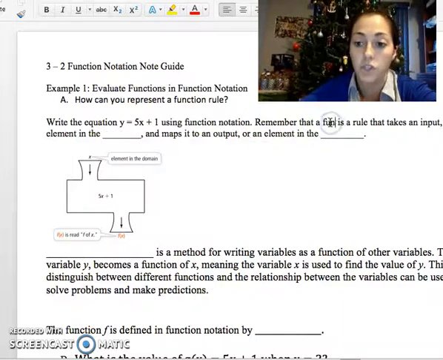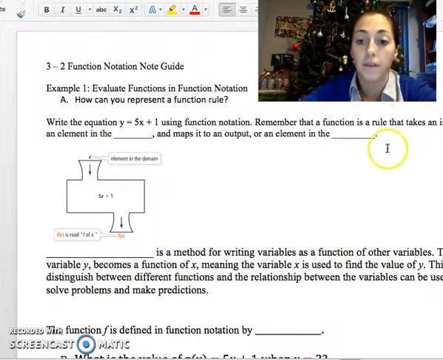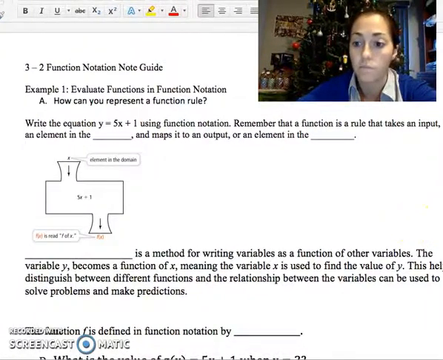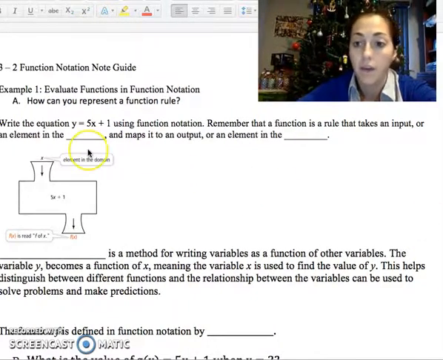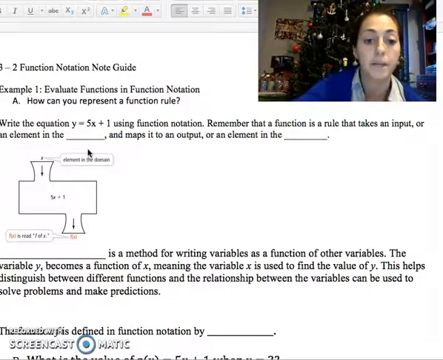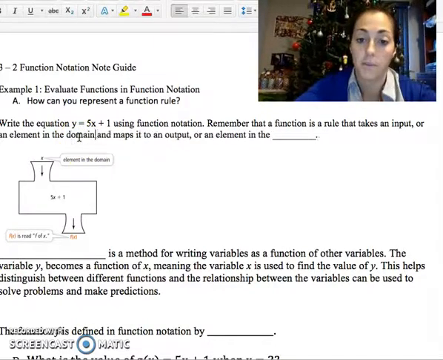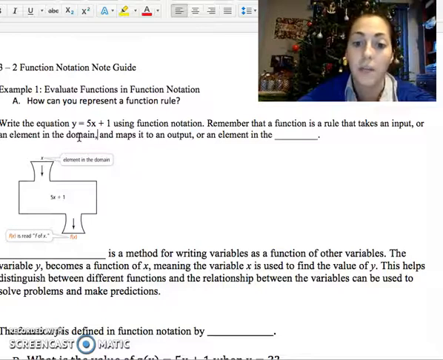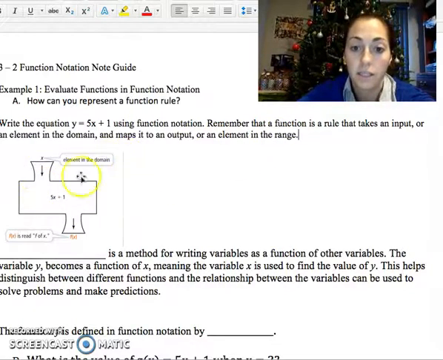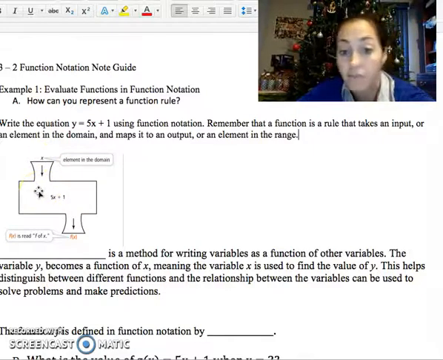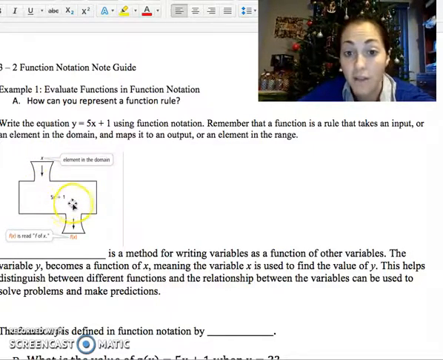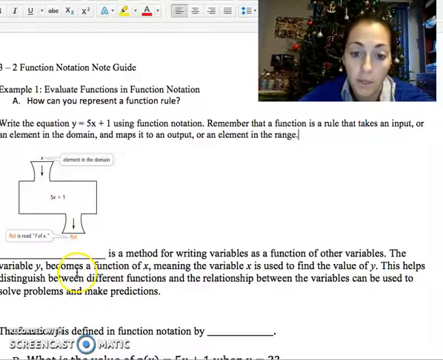Remember that a function is a rule that takes an input or an element in the domain. So remember, input is the domain, right? Any element in the domain, and maps it to an output or an element in the range. So here's a fancy little diagram that we're looking at. You've got the element in the domain, whatever that x value is. If you put it into this function machine, and if it's 5x plus 1, it's going to output this